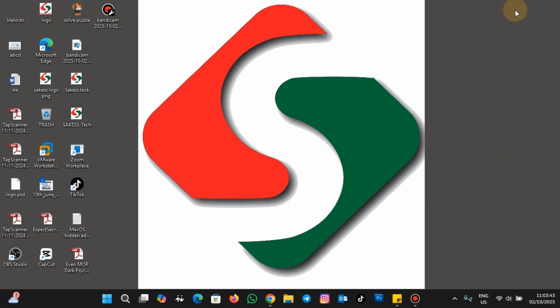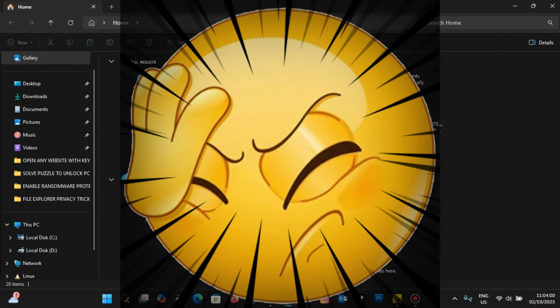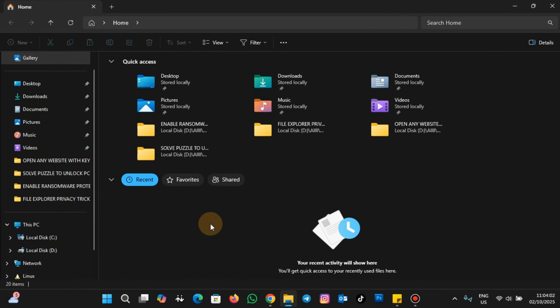So to set File Explorer to never show your recent files for privacy, let me show you something quick. If I click on File Explorer, you can see at my left pane I have my recent opened applications or documents. If you are sharing your PC with a colleague or someone, that will be a big problem. So in this tutorial, I'm going to show you how to turn off recent files in File Explorer in two approaches. I'm going to take you through the normal approach, and then I'll take you through the registry editor approach,